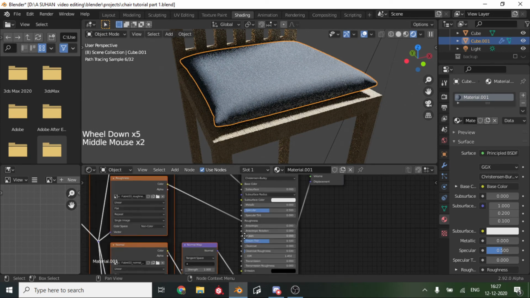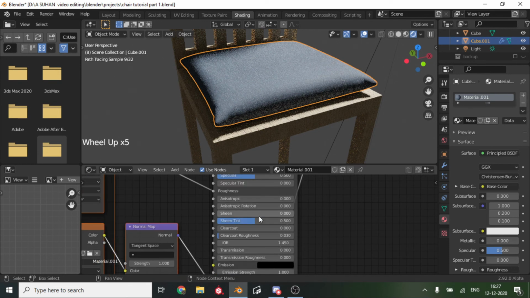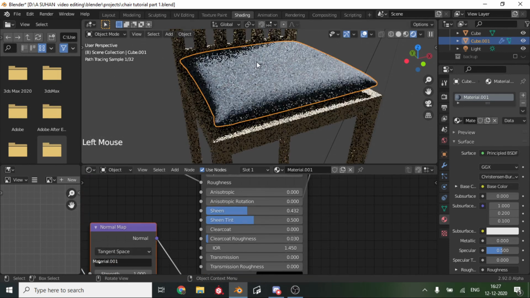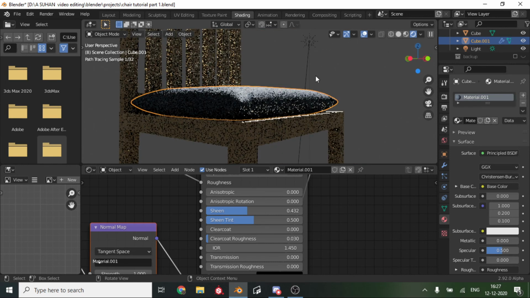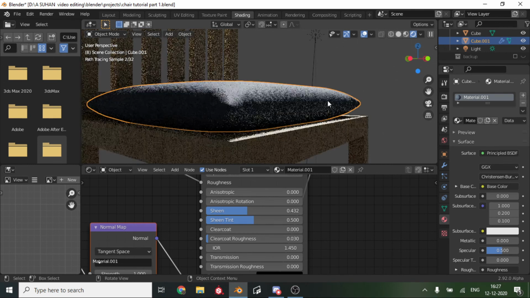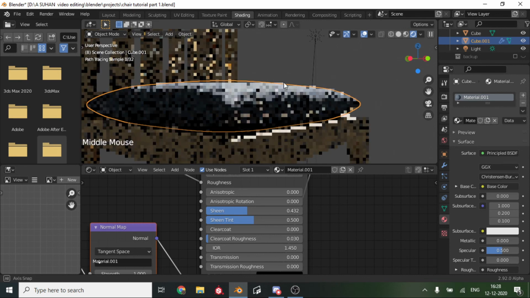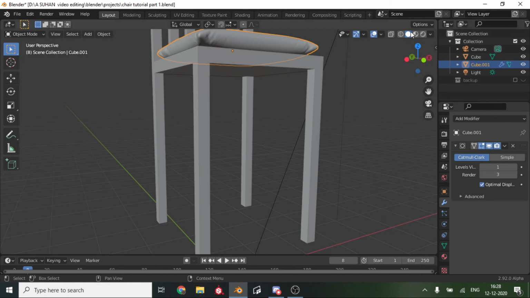You can add in a bit of sheen if you want. That is all those small fabric fibers, what we call in Hindi rui. So yeah, it adds those small hair like string particles. And now we are pretty much done with this part. It might be a short video tutorial. And now once we save it again,